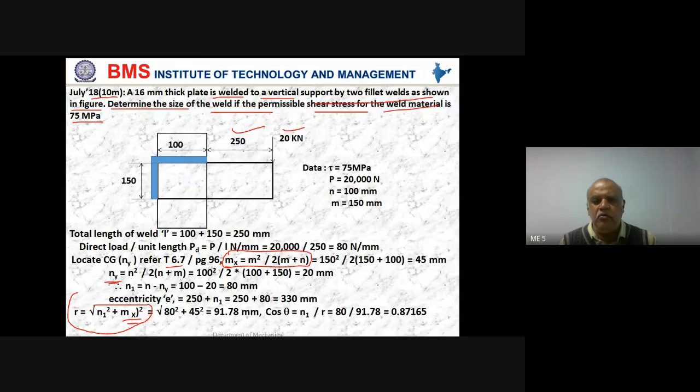Calculate and let me know what is the size of the weld. Total length of the weld is going to be 100 plus 50 because there's no